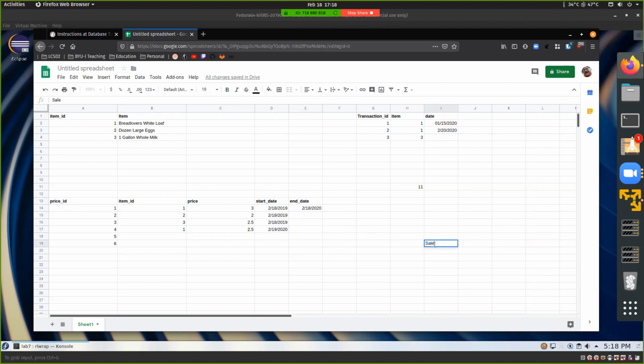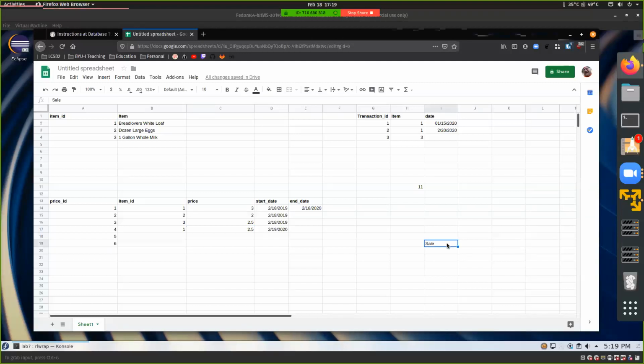But then obviously you would want to take care of the sale data in other ways, probably on your POS system or server side, and stuff like that. It does add a level of complexity. But those are all things that when you're designing the database, you have to take into consideration. Because, for example, we all know that a lot of grocery stores have those deals where, oh, if you buy 2, you get 50% off, right? And so those are conditional type things, to where you would probably want to build a sale table,